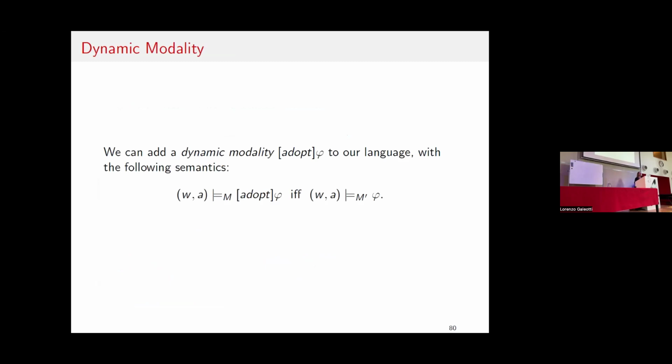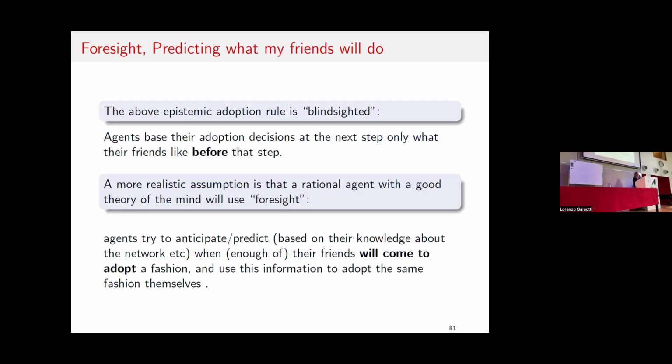Now, the dynamic modality that you have for that epistemic case is very similar to the dynamic modality that we had from before. Adopt phi is going to be true at a point in the network for a certain agent, if indeed in the new, updated model M prime, phi is the case. Now, one thing that we did in our paper, and this is just a small thing, there's much more to say, is that